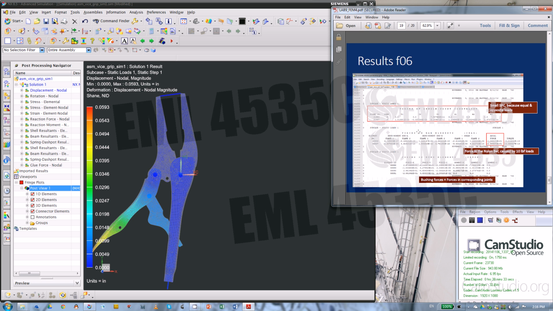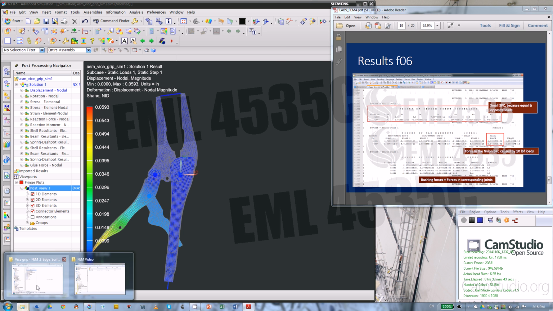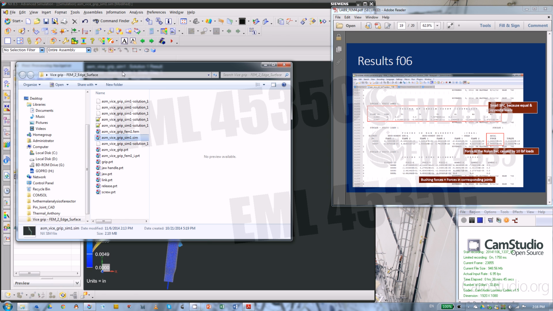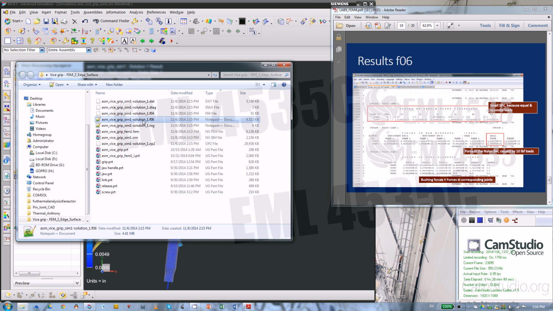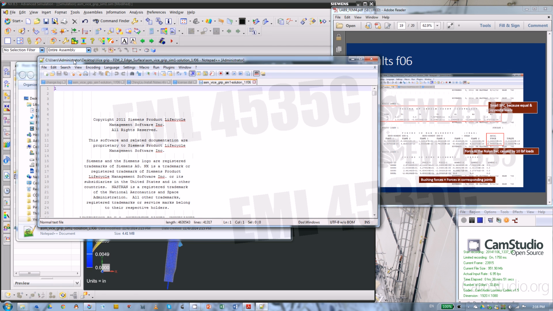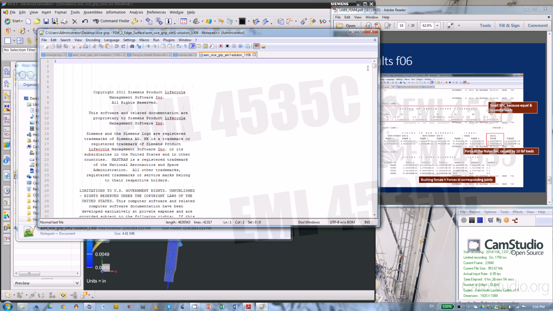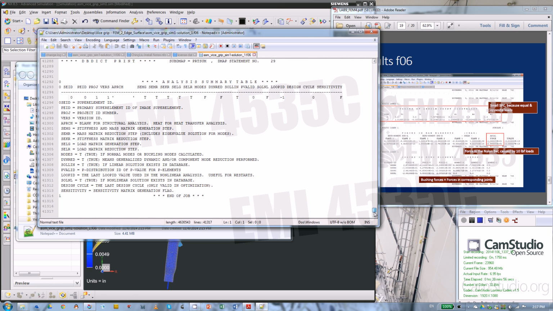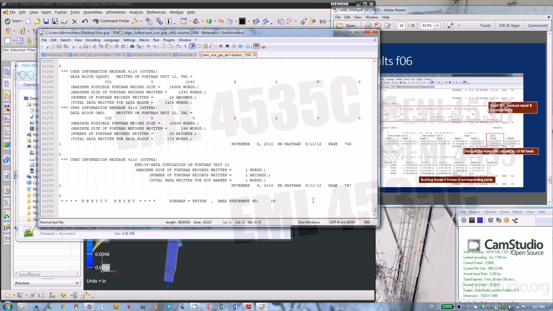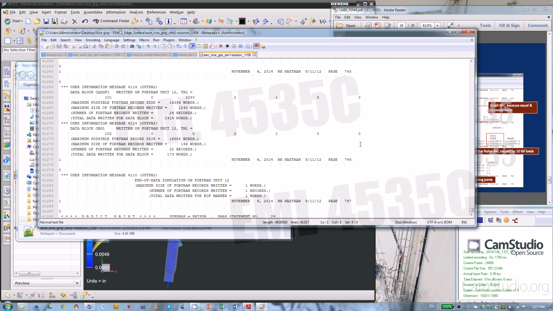All right, then also remember we asked for the output request for the force for the bushings. You have to find your F06 file. Use your text edit. Go to the bottom and then go up a little bit. You should see